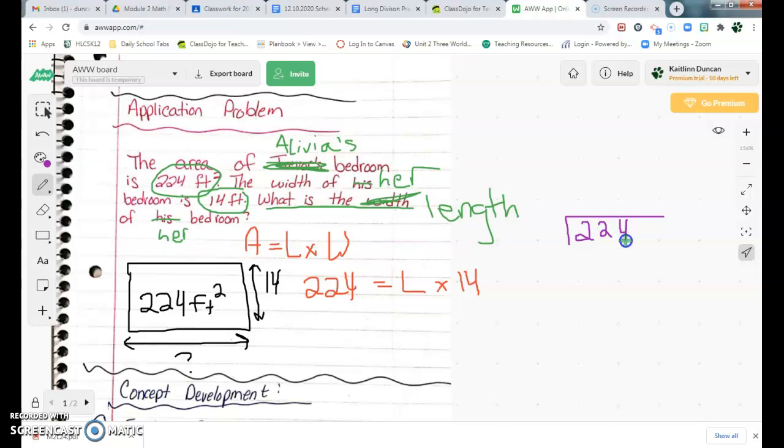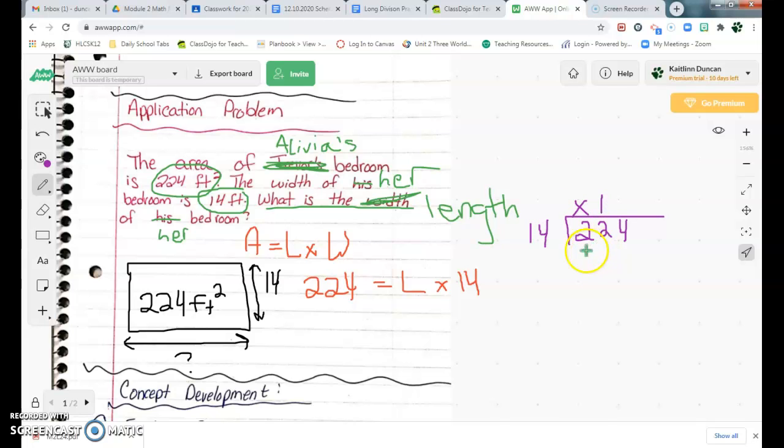Okay. And my smaller number, my divisor, is going to go outside my house because I want to know what times 14 is going to get me 224. So can 14 go into 2? No, it cannot. So I'm going to put an X right there. Can 14 go into 22? Yes, it can, but it only can go in there one time because 2 groups of 14 is 28, and